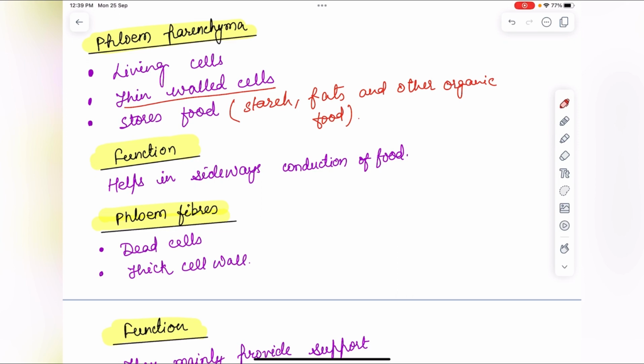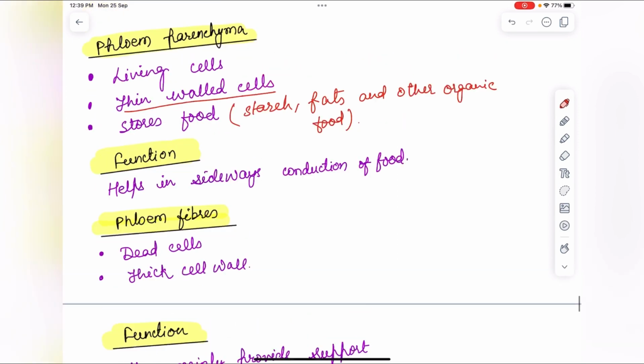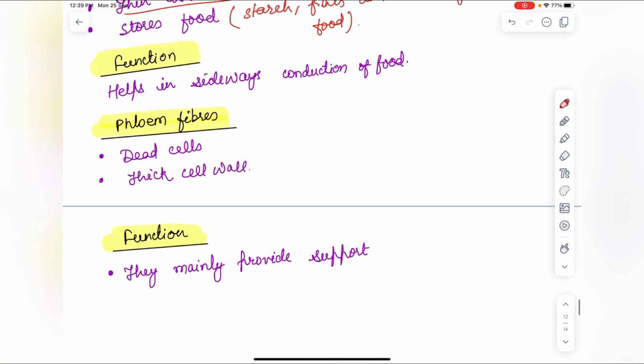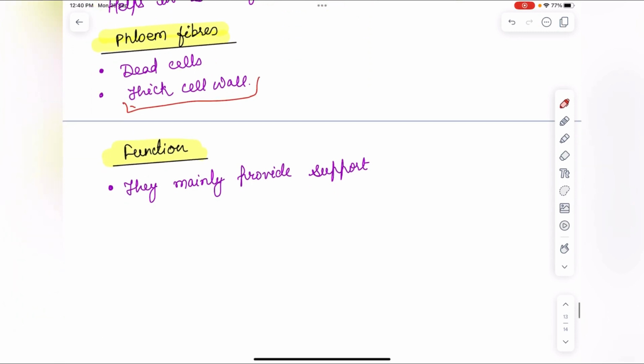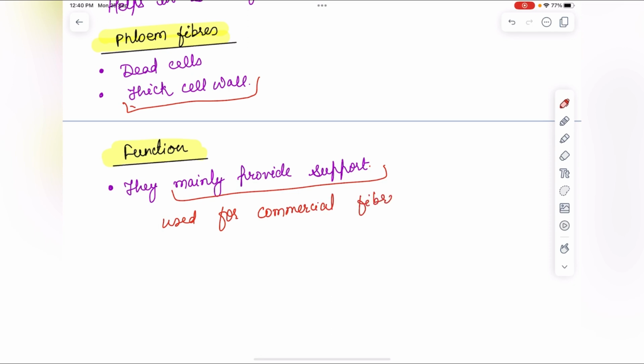Now next is phloem fibers. These phloem fibers are dead cells. Phloem or bast fibers of some plants are a source of commercial fibers. Example, jute. The cell wall is thick, and the function is that they mainly provide support, and they are used for commercial fibers. Examples are jute,